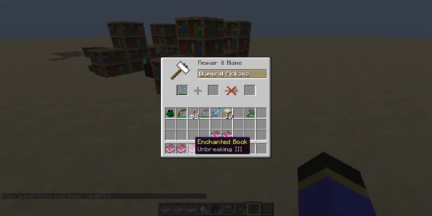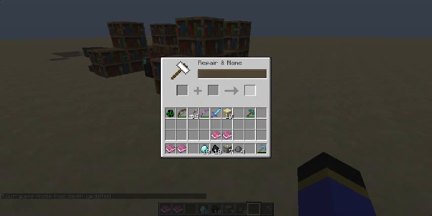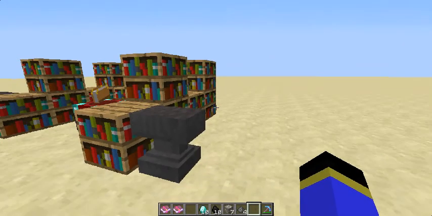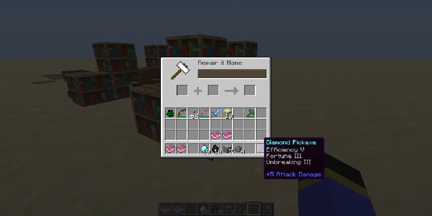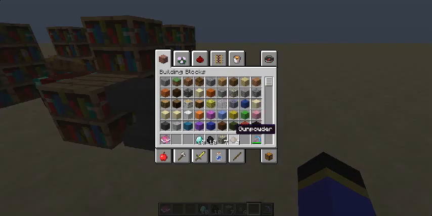Next we have Unbreaking 3, which, well, is self-explanatory again. It just makes the tool more durable and lasts much longer. Unbreaking 3. And Silk Touch 1. Silk Touch 1 makes it so you can mine...